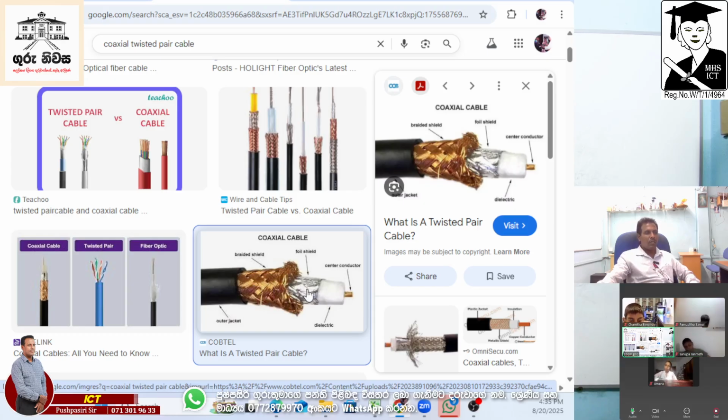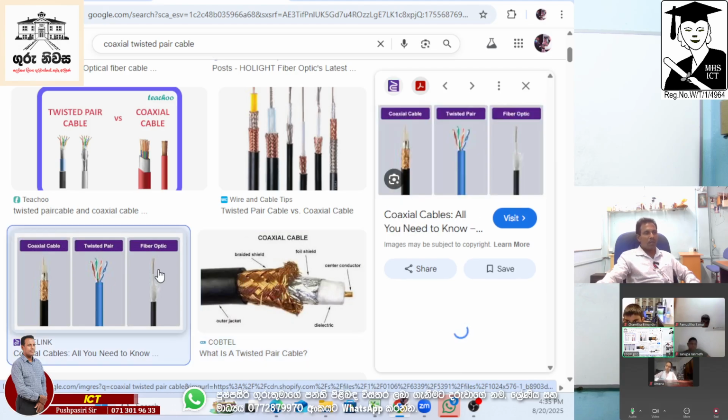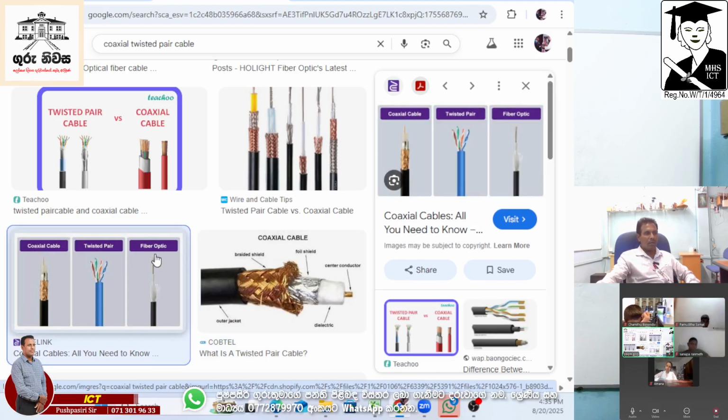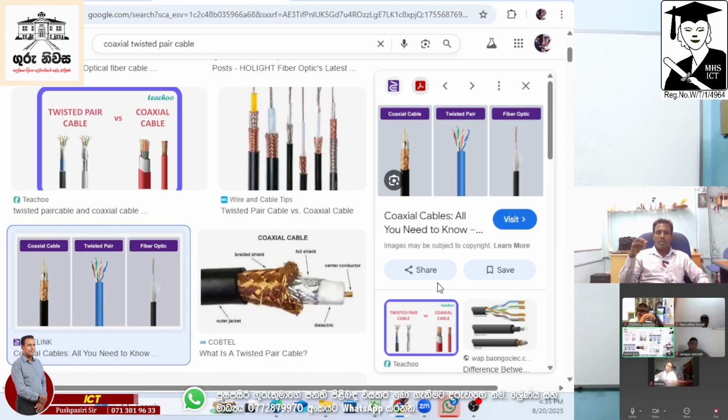අපි ඊළඟට බැලුවොත් fiber optic cable එක ගත්තොත්, this is a fiber optic cable. මේ වගේ එකක් ගත්තොත්. එතකොට ඔය කේබල් තුන අතරින් fiber optic cable එක තමයි පුතේ ටිකක් long distance than the UTP and the coaxial cable, right? The data can be carried more than those cables, and the speed is also much higher than the other two,